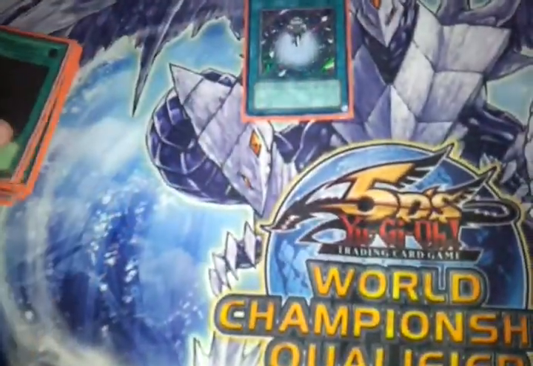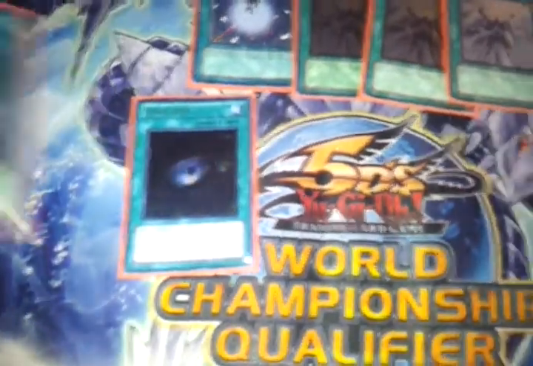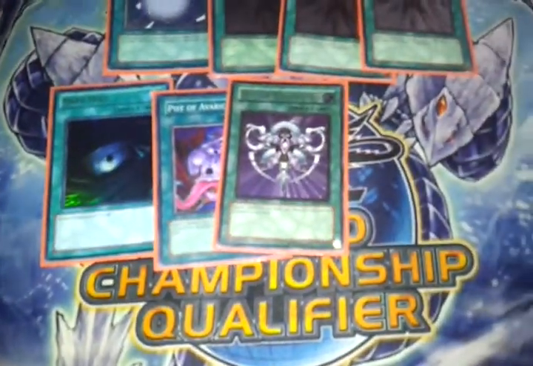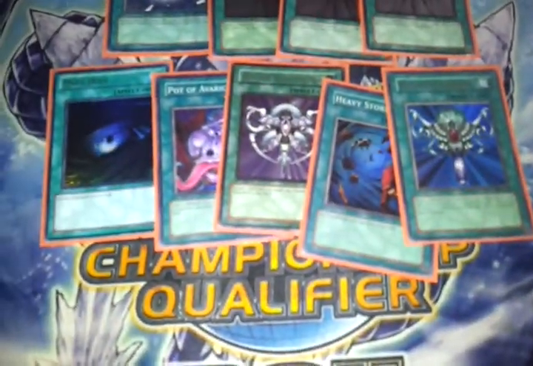1 Charge of Light Brigade and 3 Solar Recharge. Essential for any Lightsworn deck in this format. You need to run these cards. Staples for the deck: Dark Hole, Pot of Avarice, Monster Reincarnation, Heavy Storm, Monster Reborn, and in my case I'd